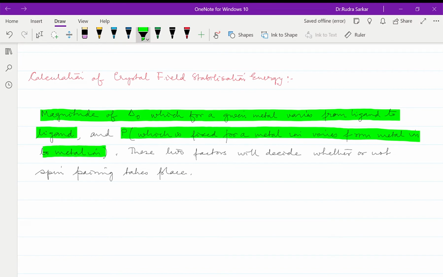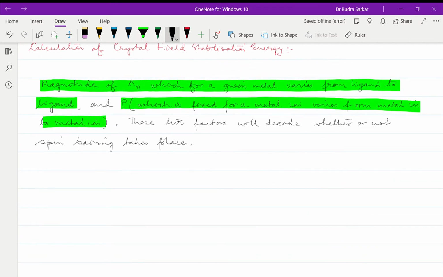Okay, so P for two different metal ions will be different. Okay, we will see that in a chart. Now these two factors will decide whether or not spin pairing will take place. So over here,